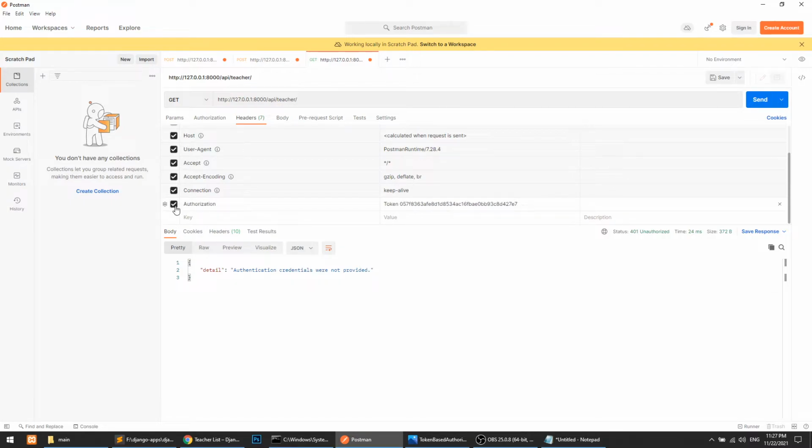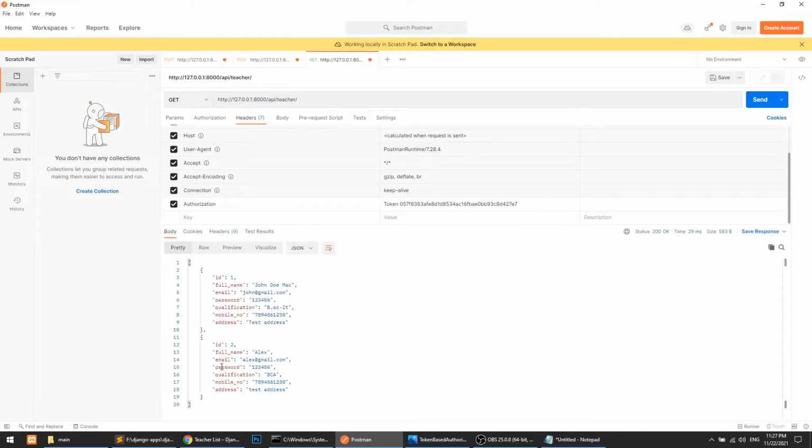Now I will tick this, which means I am sending this header. Here you can see that I am sending the Authorization key with this value. So send this, and now I'm getting the data. It means DRF authenticated our request.